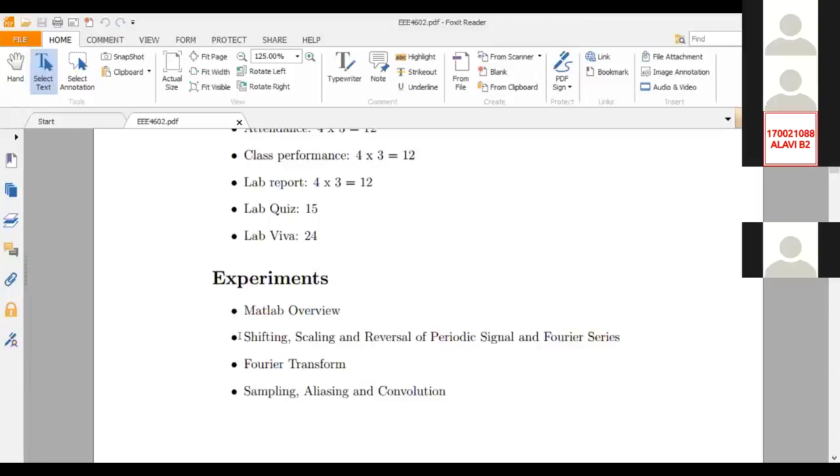Other thing is in lab 3, Fourier transform, and in lab 4 you'll be learning about sampling, aliasing, and convolution, deconvolution, all those things. So basically, this first lab, MATLAB overview, I should say, will take some time, but in the other labs we'll try to check whether the theories have been covered or not. So those things maybe will not take that much time. But